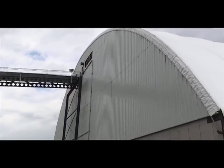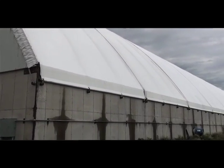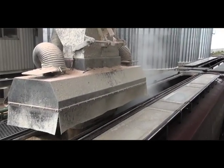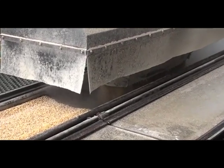We built the flat storage building in the fall of 2008, and the main purpose was to add some additional high volume storage. As our corn acres are increasing up here in this part of the country, we needed more space at an economical rate, and that's why we chose to build the flat storage. Agassiz Valley Grain is a relatively new company, 3 years old, and our first couple of years we're in that 7 million bushel a year area. We're approaching 13 to 14 million at this point,